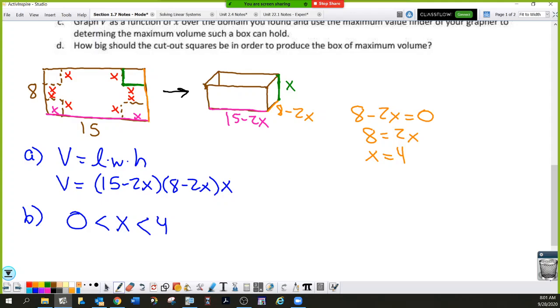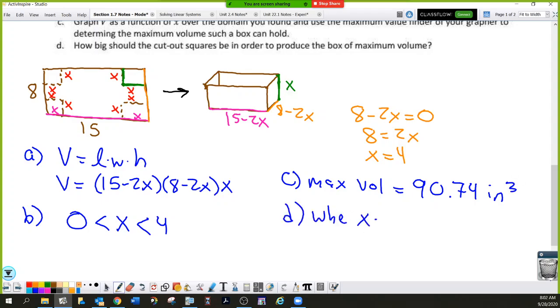Part C, max volume is equal to, what was it, 90.74? 90.74 cubic inches. And that happens when x equals 1.6 repeating inches. Ta-da. Wait, there's